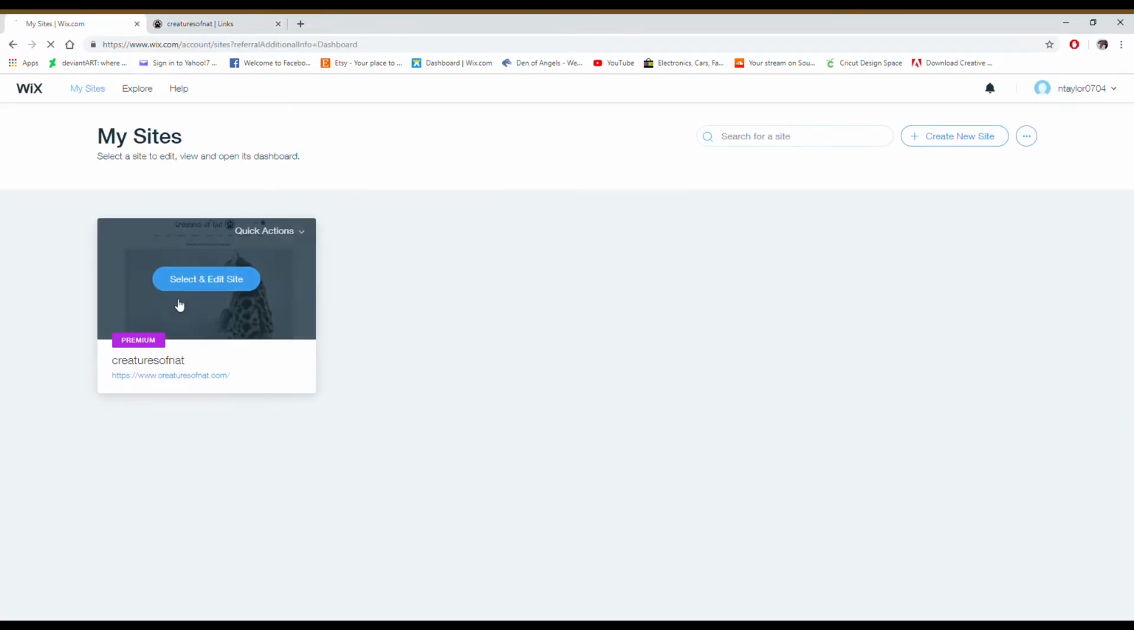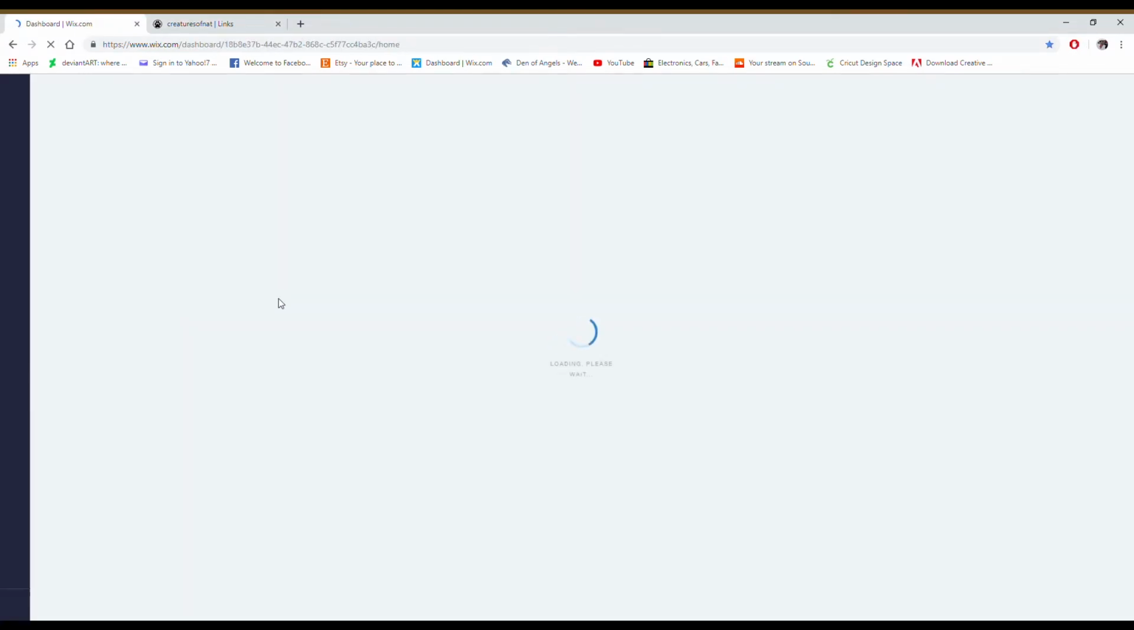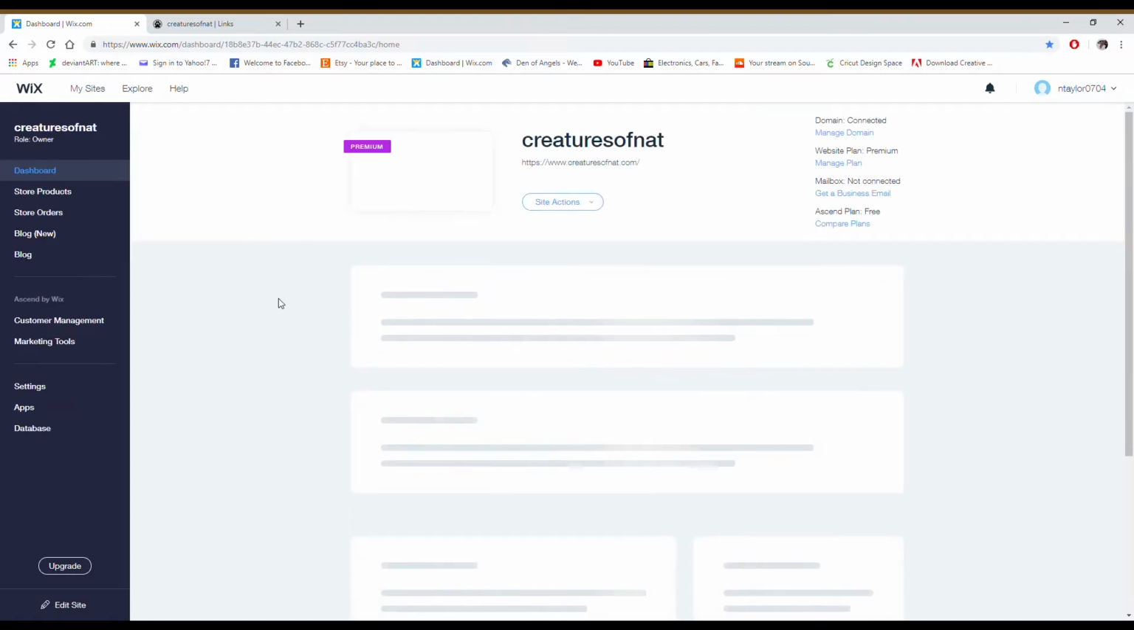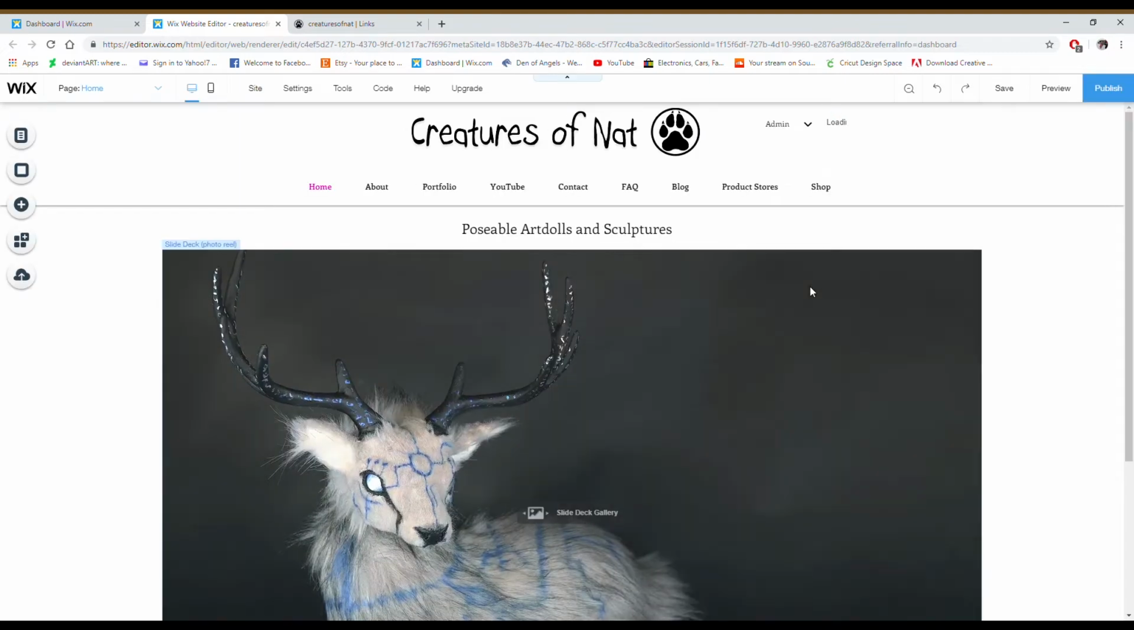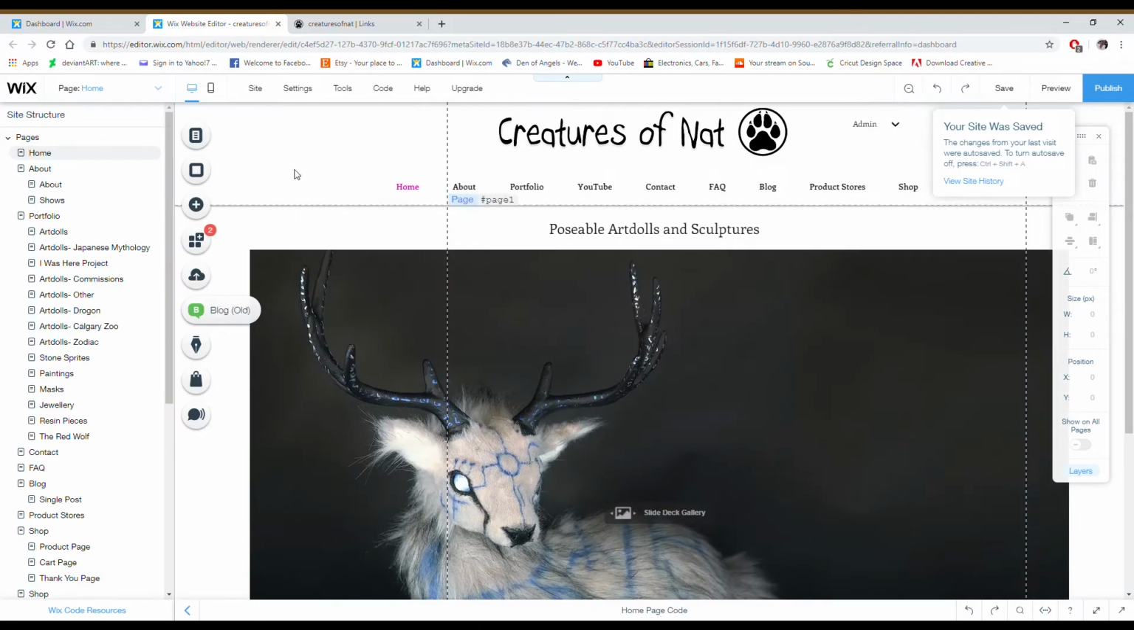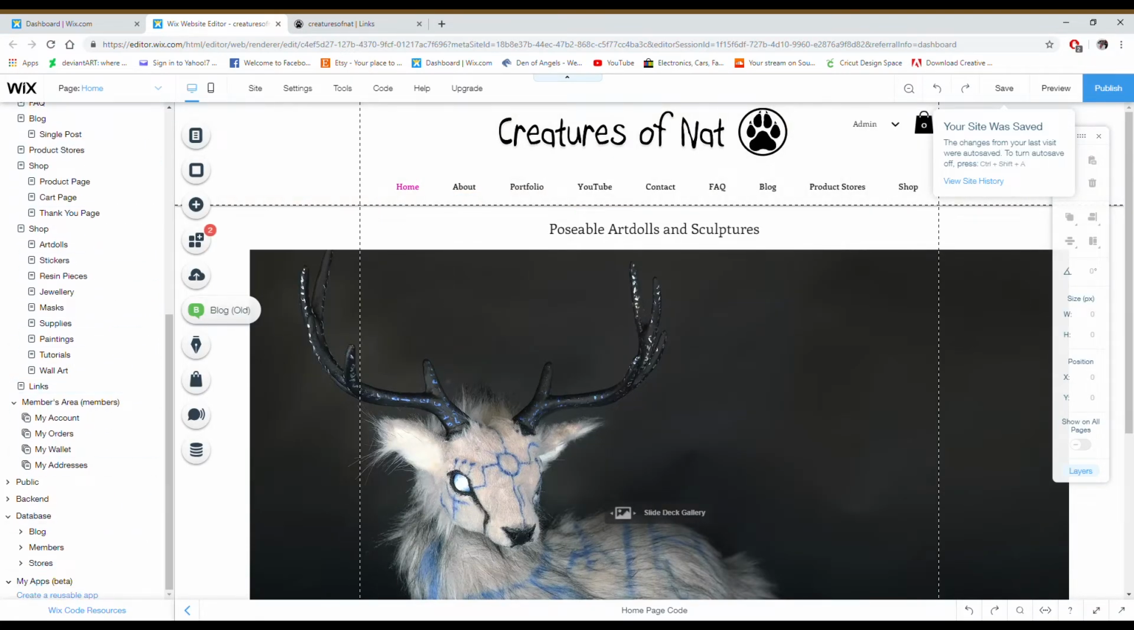Alright, so what you want to do if you have a Wix domain, you're going to want to go to your site settings and you want to go into site actions, and then you want to edit your site. So if you're familiar with Wix, this is how you edit anything on your website. So just let it load and it'll come up with the little settings and display that you're familiar with when you have created your website. So this is my website, and over here you can see that there's like a page structure, so we don't